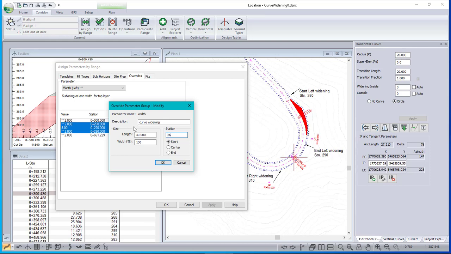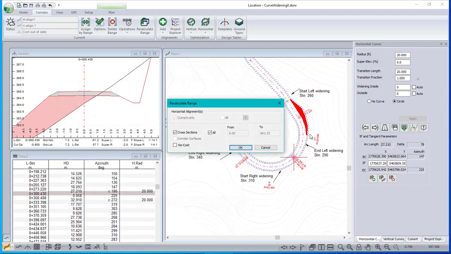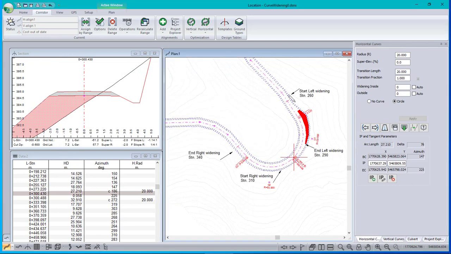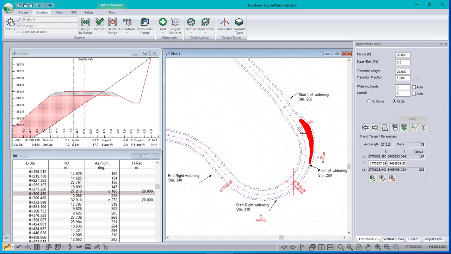How about 5 meters ahead? See what that looks like. So now it starts at 265, ends at 295, and you can see that it's moved a little bit. There is widening here. The shading is just truncating right there. That's not where it stops. It stops right here. Okay. So to do the right-hand side,